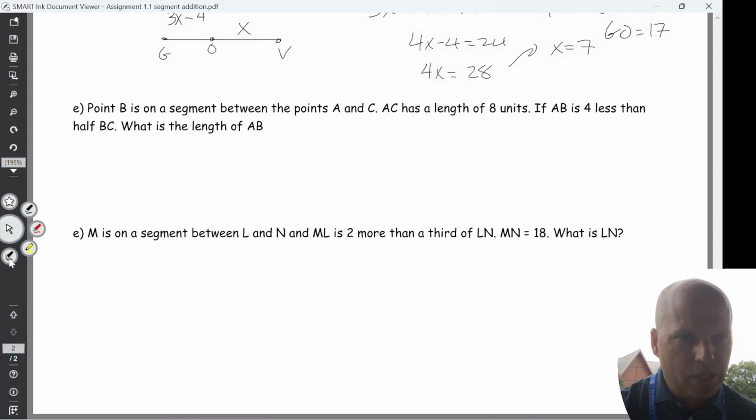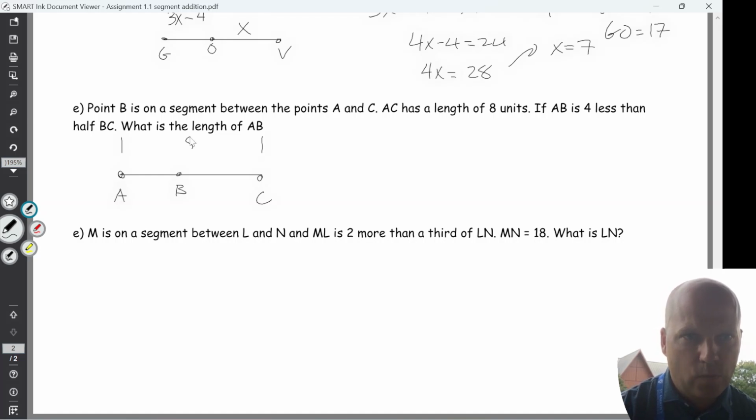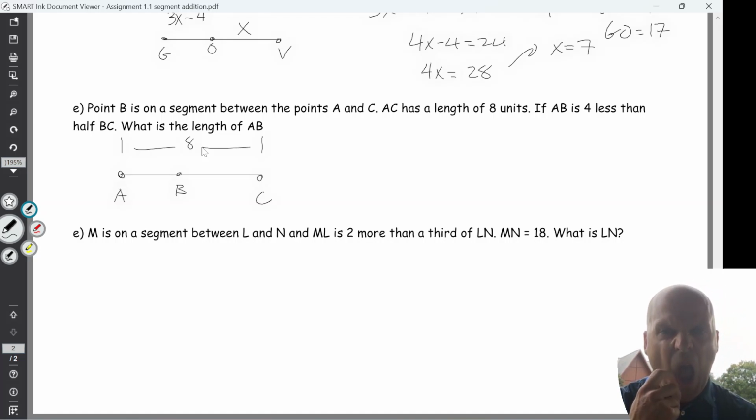All right, last two. Point P is on a segment between AC. Point B is on a segment between the points A, C. AC has a length of 8. If AB is 4 less than half BC, what is the length of AB? Okay, well, I will say 1/2 of a number minus 4